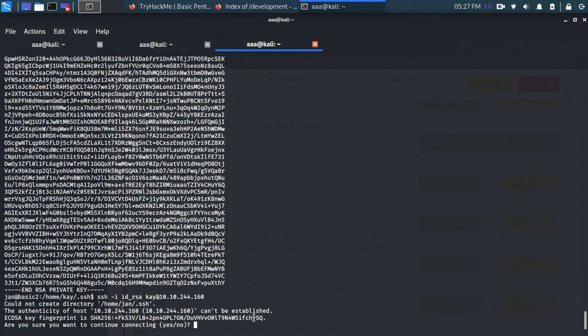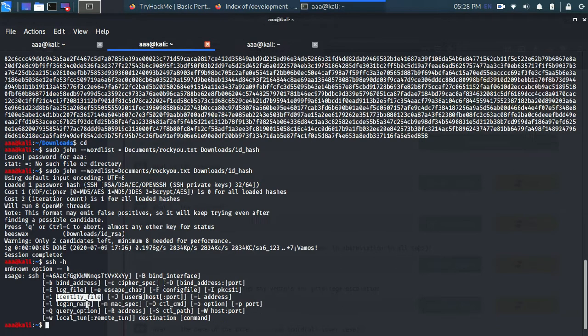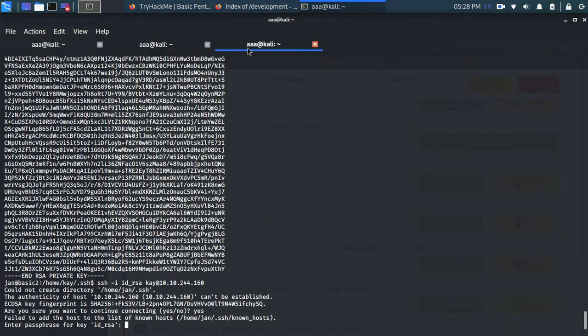Failed to add this to known hosts, enter passphrase, and the passphrase is this one, BVAX. Let's copy this, Ctrl+Shift+C, let's paste this, Ctrl+Shift+V, and enter.